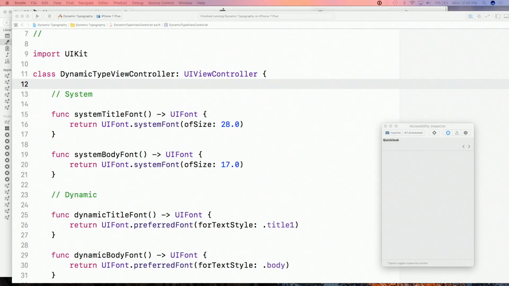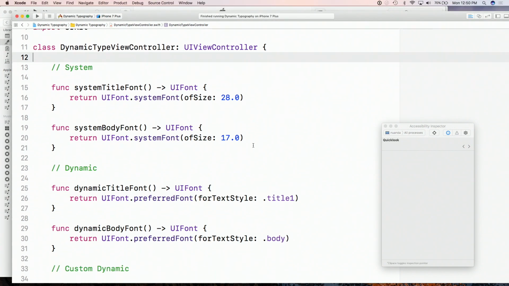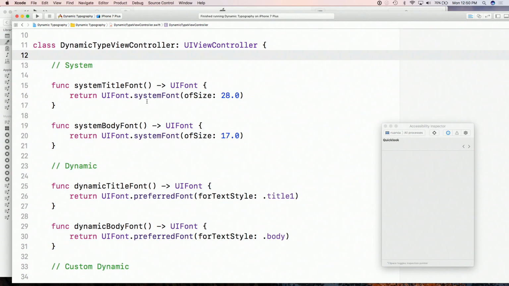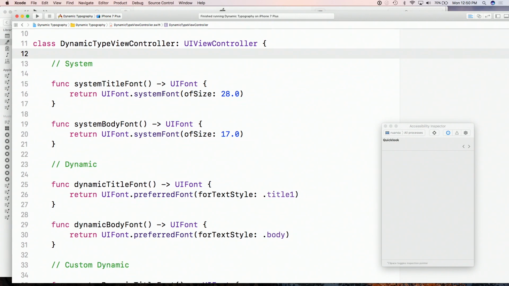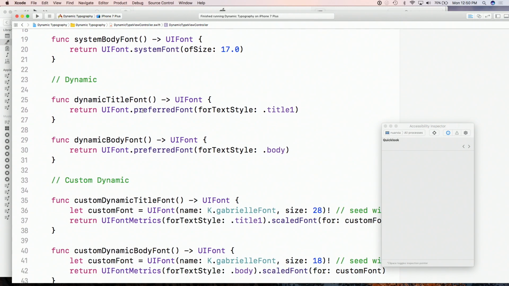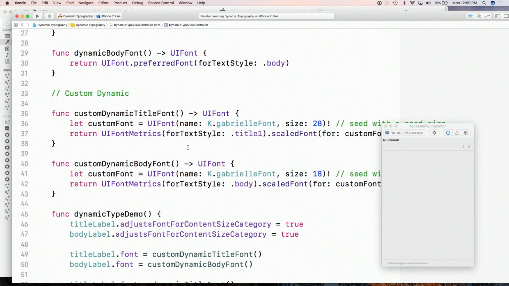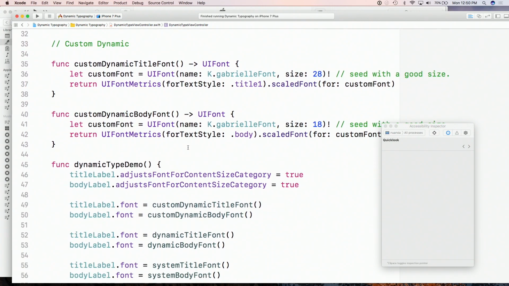Okay, so let's do a quick demo of dynamic type. In this demo, I have type defined three different ways. One is with the old system font of size, and I have a title and a body label. So in this demo, we'll have two labels. Another is with dynamic type, so we'll call preferred font for text style, and pass the text style title, headline, or body. And then finally, we have the iOS 11